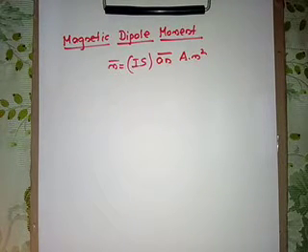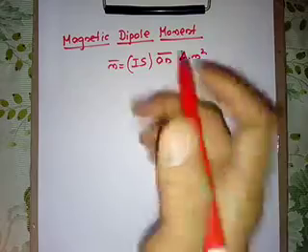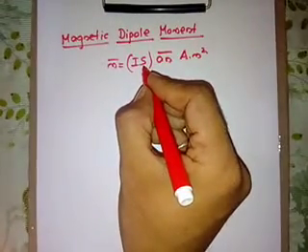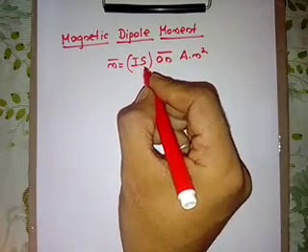Fine, students. So the direction of the magnetic dipole moment is given by the right hand thumb rule. We know the right hand thumb rule, is it not? So if it is in xy direction, if current is flowing from x to y, then the direction of the magnetic dipole moment will be in the z direction, correct? So that is the right hand thumb rule. So the direction of the dipole moment will be along the direction of the thumb of the right hand. Okay, so this is how we are defining the magnetic dipole moment, that is, it is the product of the current and the area of the loop.